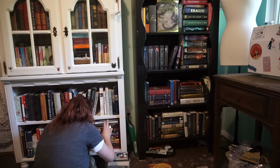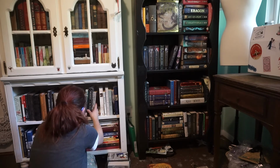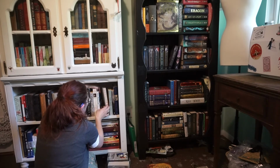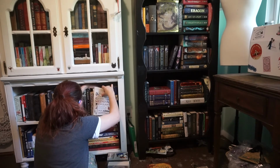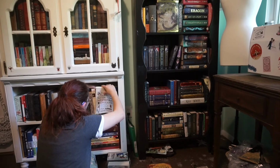I'm losing whatever is on top there. There we go. I mean, you can't really see the spine of the giant book, but that's okay with me for now. It's not that big of a deal. I wish I could, like, you know what, maybe if I could, like, this, I can, like,